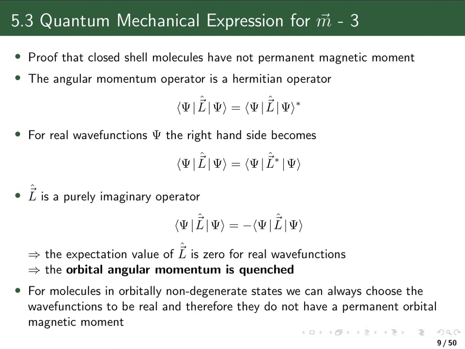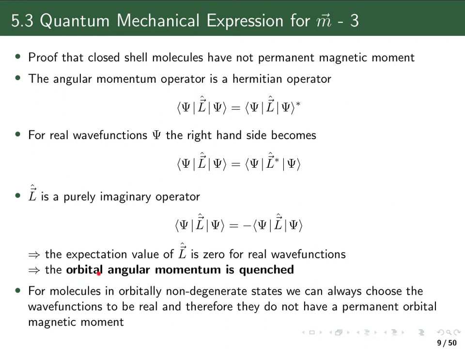That's a Hermitian operator, which means I can write up this usual expression, which holds for any Hermitian operator. Now, if we consider a system where the wave functions can be written in a real form, then of course I can move the complex conjugate into the operator. The angular momentum operator is a purely imaginary operator, so taking the complex conjugate just changes the sign, and we end up with this expression here: the expectation value of the angular momentum operator is equal to minus the expectation value of it, and that of course must mean that it's zero.